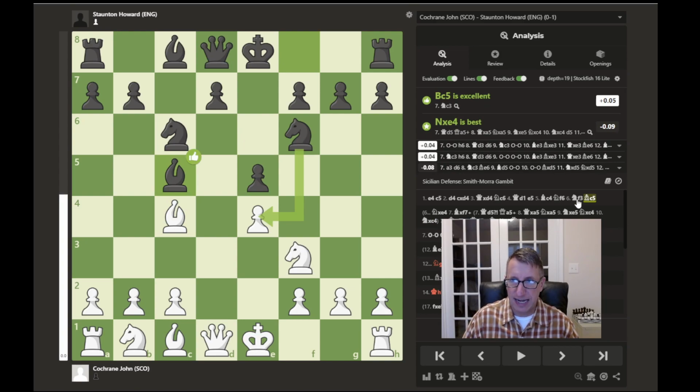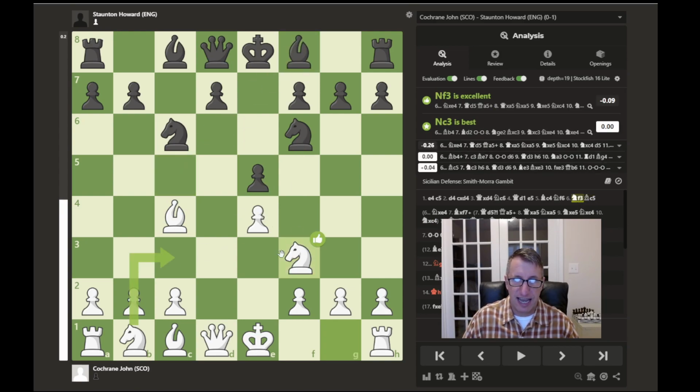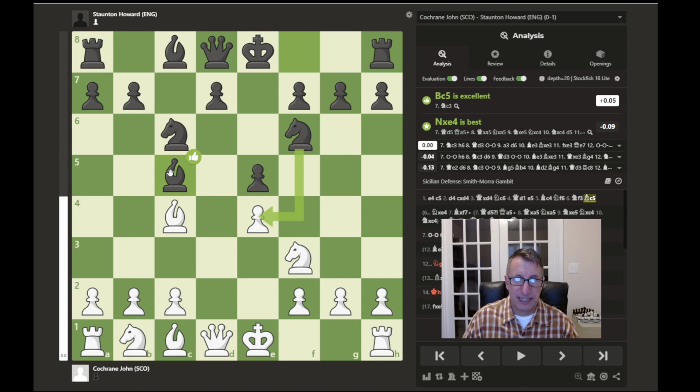So if we go back to this knight to f3 move, the pawn was not captured. Instead, bishop to c5. Staunton just continues development of his pieces. And normally that's a good thing to do in the opening, is to just try and get all your pieces out as quickly as possible, get your king castled to safety, and then develop your rooks to open or half open